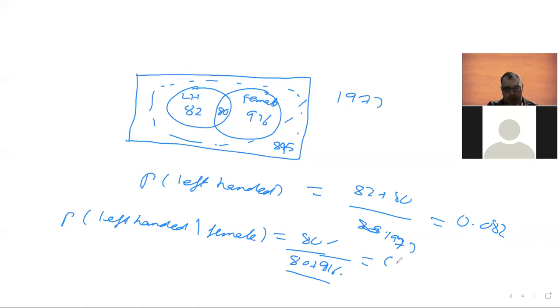So you get the value 0.080. And if you find the probability of left-handed given male,